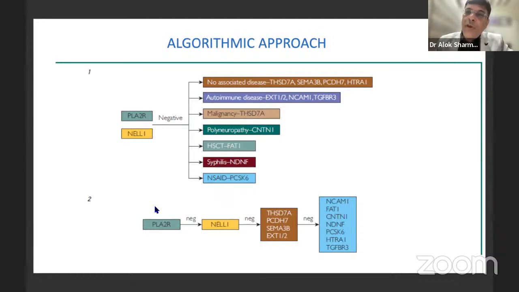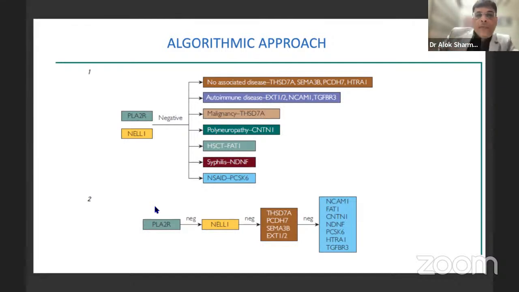The most logical way of doing it is to first stain for the antigens which are most common. So we first stain for PLA2R and NELL1. That covers around 70 to 80% of our cases. And then if these two are negative, then we go on staining for other things. That will be guided by the clinical question sometimes. So if you have a clear-cut case of hematopoietic stem cell transplantation, the third antigen which I am going to put up is going to be